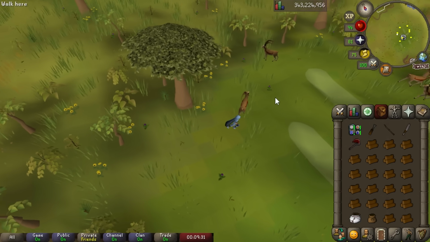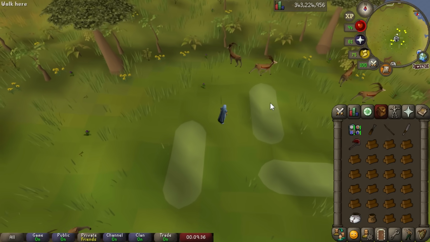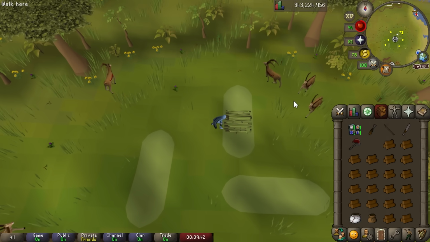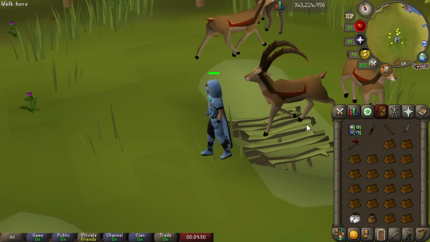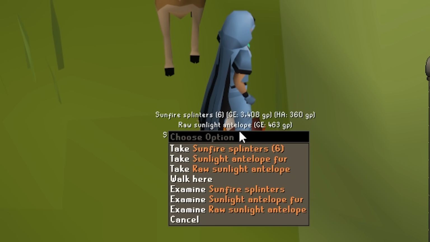Now, Pitfall Trapping is pretty easy and consistent, but first let's explain why we need all these items, and we'll do that by first setting a trap and catching one of these Moonlight Antelopes. Okay, so the idea is you tease them with the teasing stick, jump over the spiked pit. Oh no, foolish deer. So normally you're going to get all of these items: Sunfire Splinters, Antelope Fur, Moonlight Antelope,